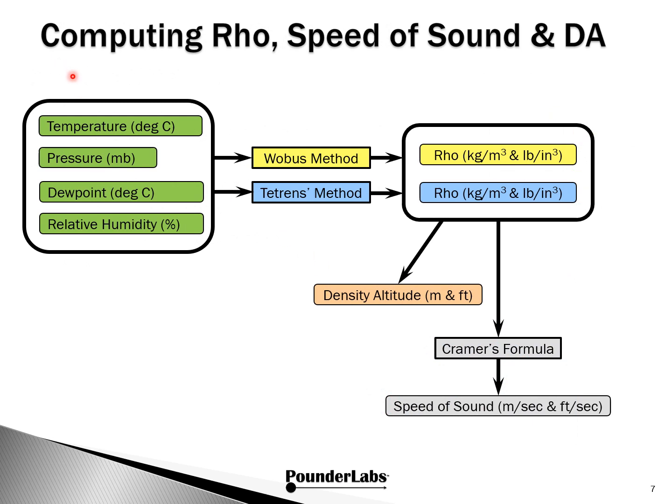The first thing we want to do is calculate air density and the speed of sound. We do this by taking the data from the weather meter: temperature, barometric pressure, dew point, relative humidity, and use the WOBUS formula for calculating air density. There's a lot of detail in that formula, so somewhere along the line, someone named T-Trans came up with a